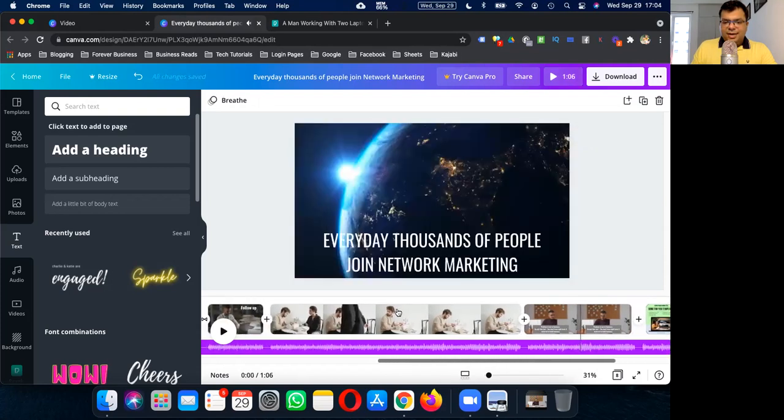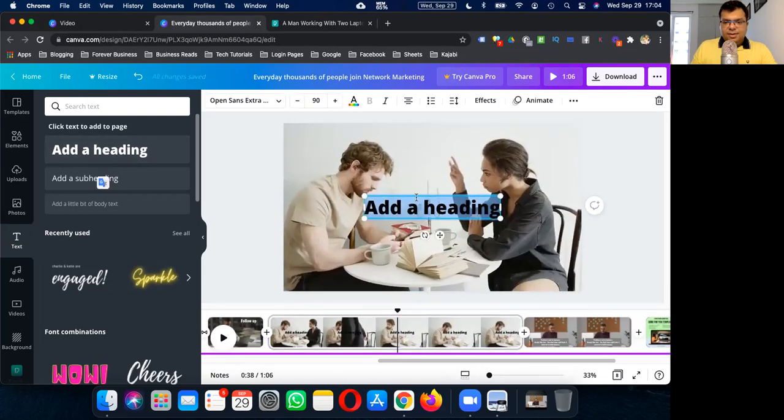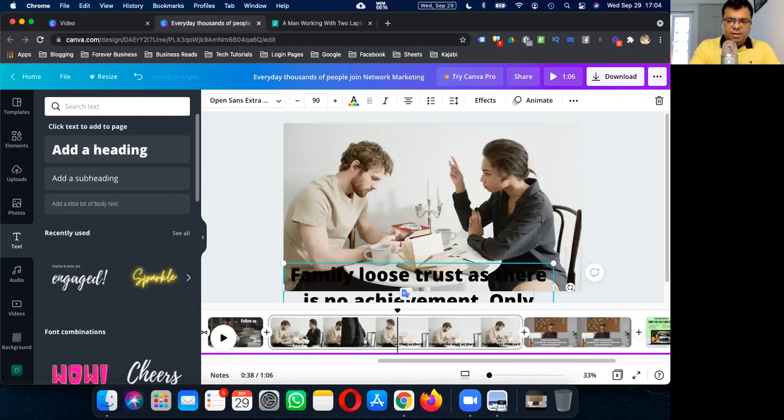Got it? So here I also should add a text, and the text should be: with family, lose trust, as there is no achievement, only.